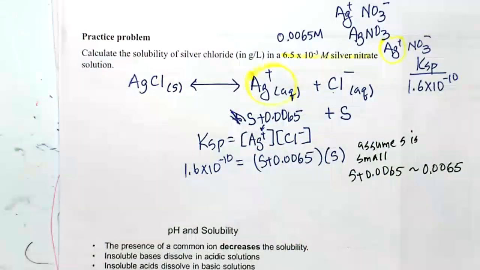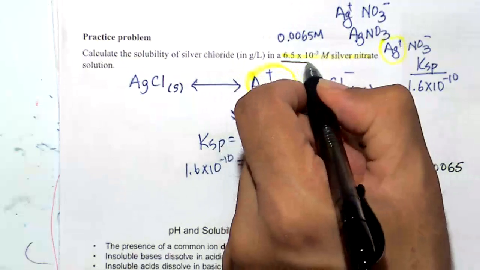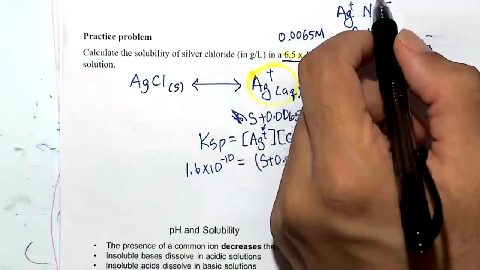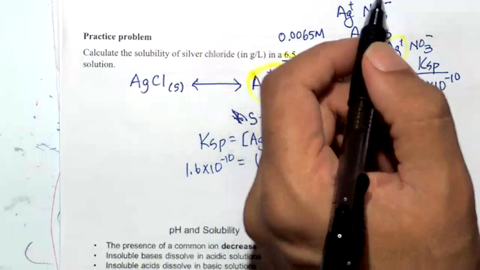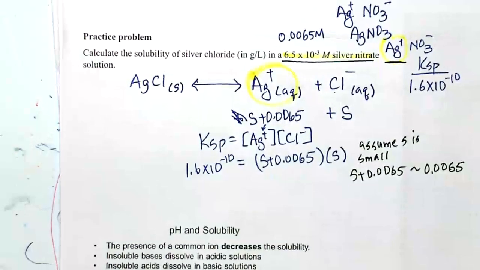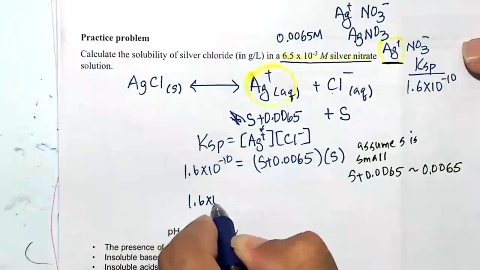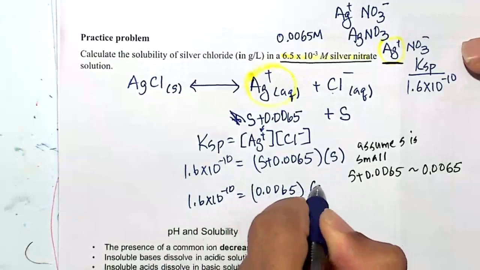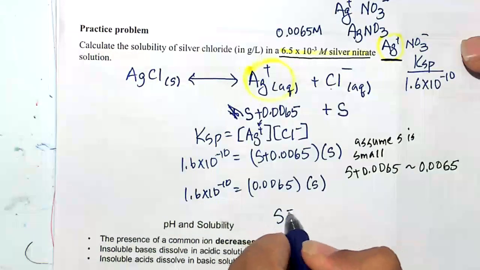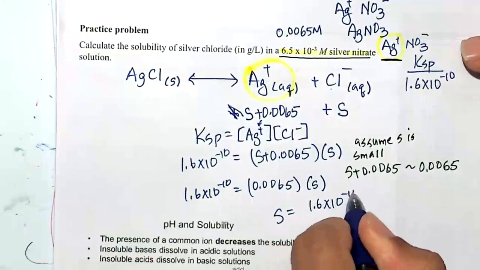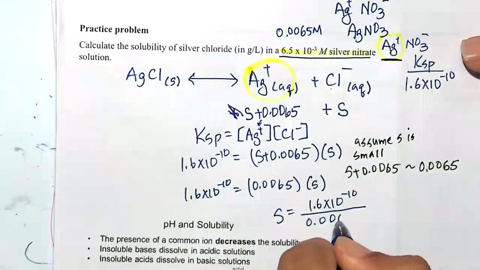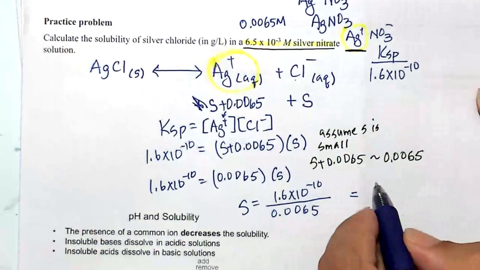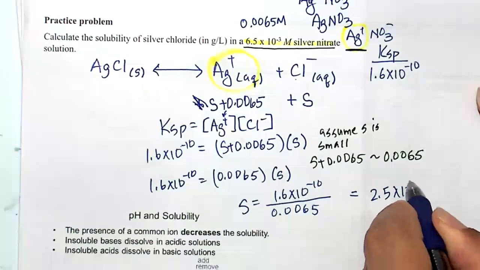So there's two sources of Ag+. One of them is this reaction going this way, and the other one is coming from the solvent, which contains the common ion Ag+. NO3- is what we call the spectator ion. It's not involved in this reaction. So when we make that assumption, 1.6 times 10 to the minus 10 equals 0.0065 times S. So S is going to be 1.6 times 10 to the minus 10 divided by 0.0065, and this is going to equal, I went ahead and did that, 2.5 times 10 to the minus 8